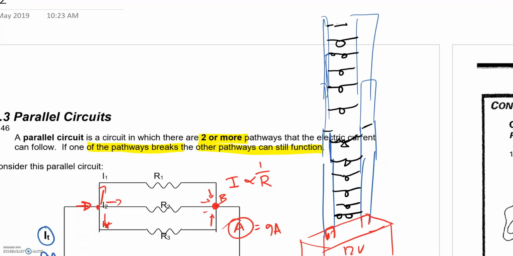And if you think about it, it's got to kind of make sense. The more light globes I add, if each one of them has got 12 volts across them, they've all got to be of equal brightness. If they're all of equal brightness, the more I add, the less resistance there is, so the more current has to flow to keep them